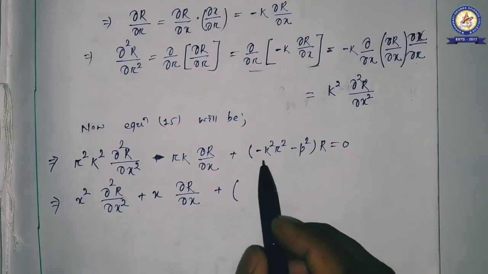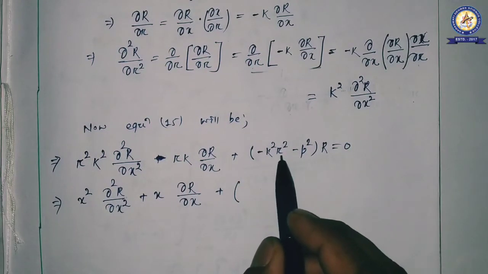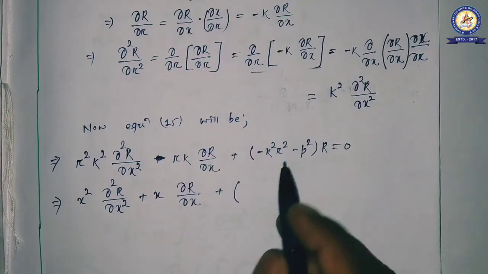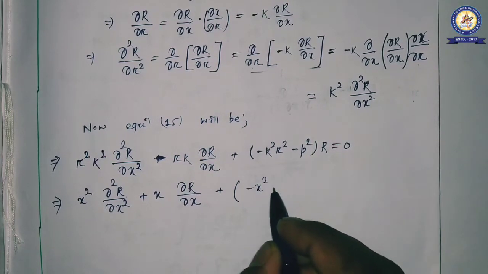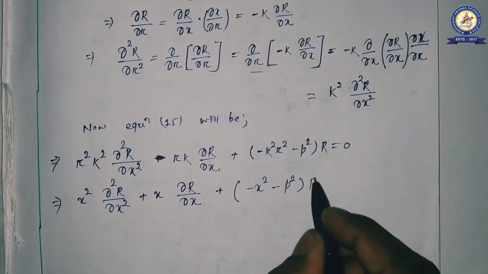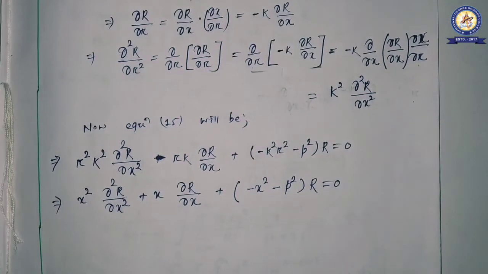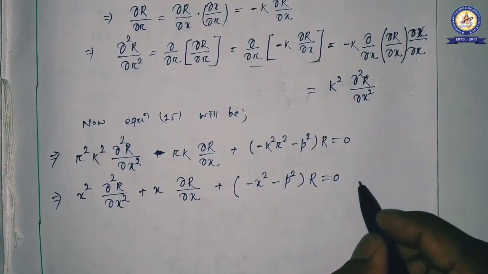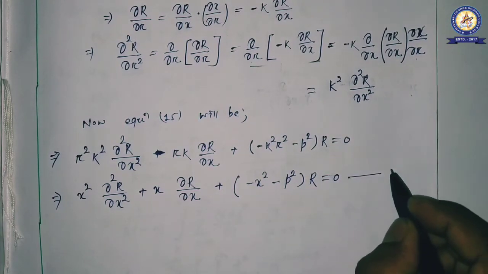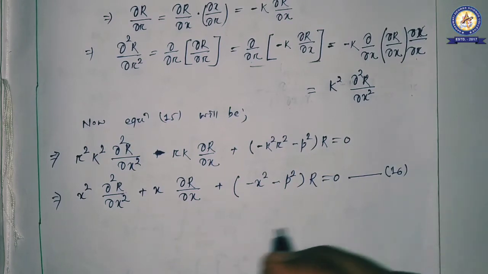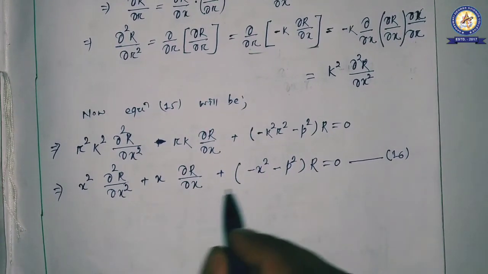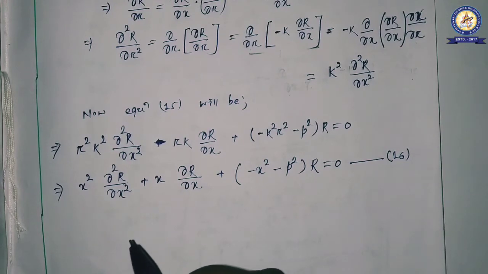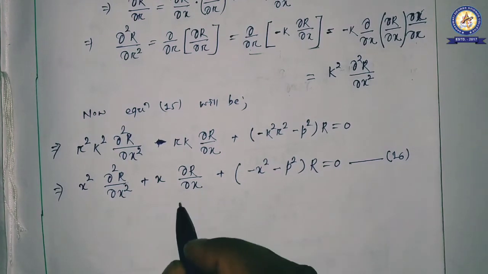So here this will be k square r square minus p square, which is x square minus p square, equal to 0, right? So this differential equation, we have to put a number. This is your equation number 16, suppose. Okay, this equation number 16